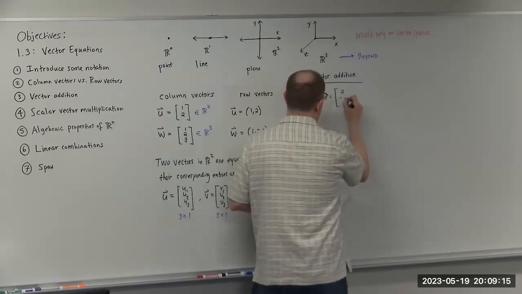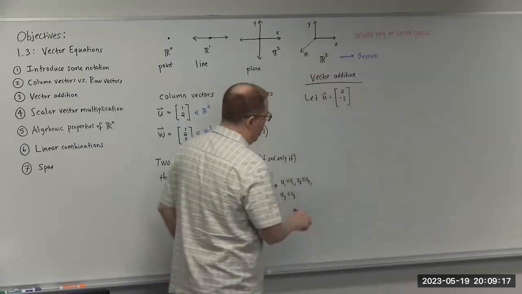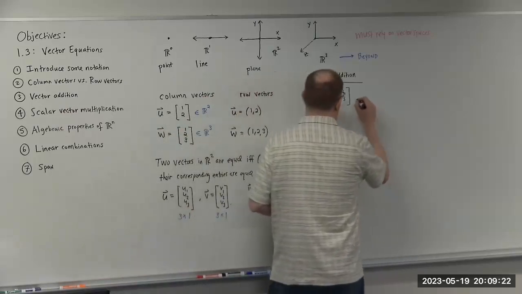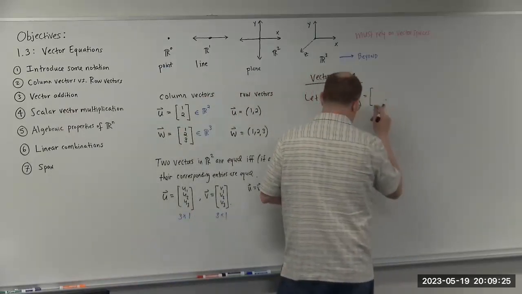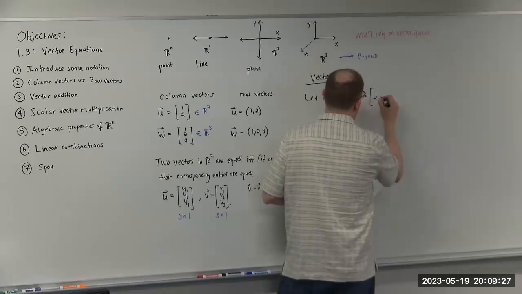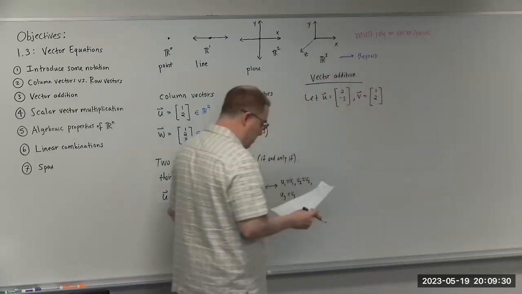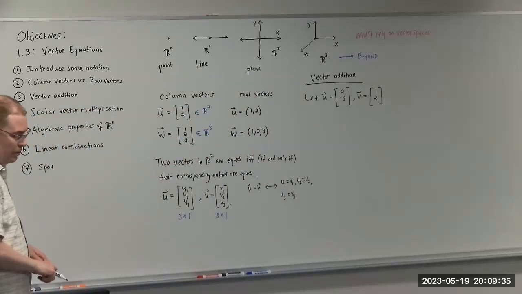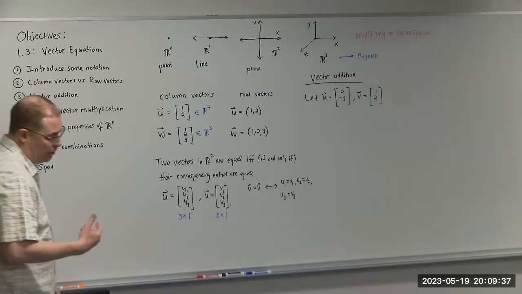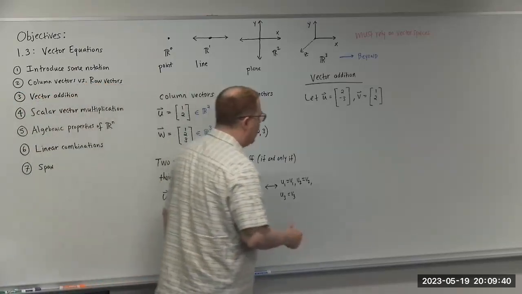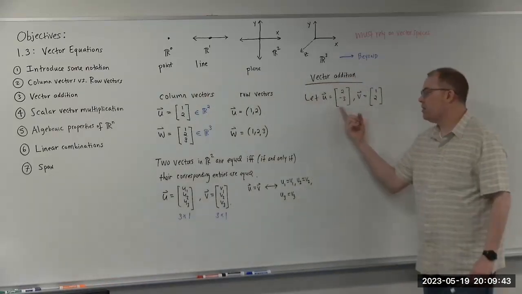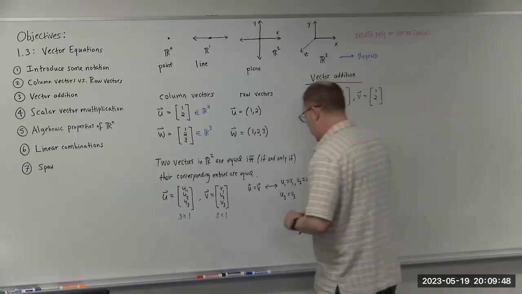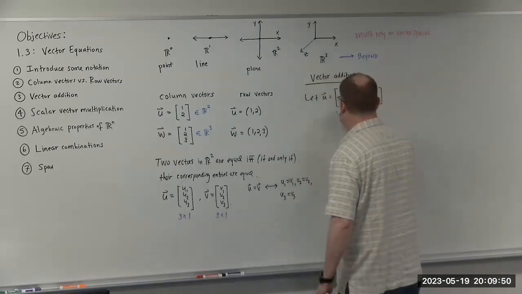And I'm going to say this is equal to, or the components of that vector are going to be 2 and -3. And let's say I have another vector, let's call that v, and that is equal to 1, 2. So the way we add vectors is basically just add the components. And in order to add vectors, they have to be the same size. So we have 2 by 1 here,